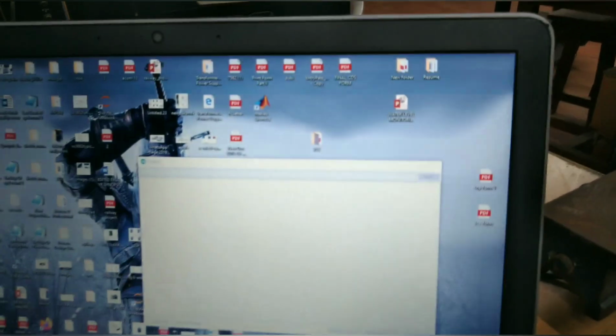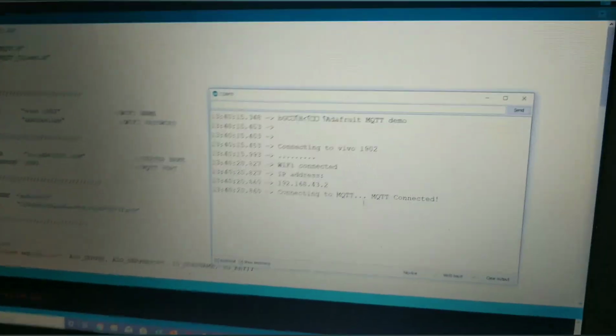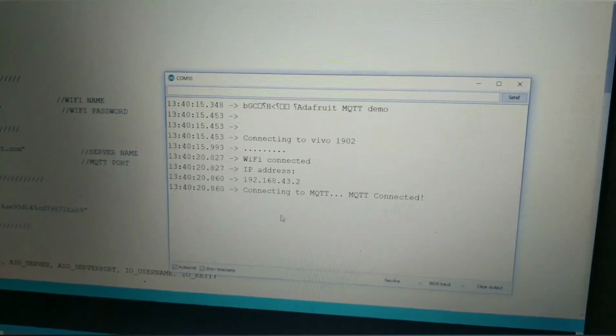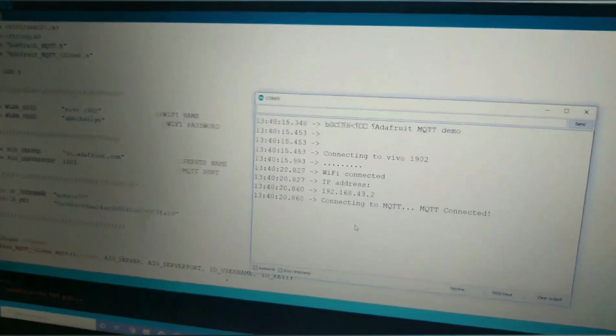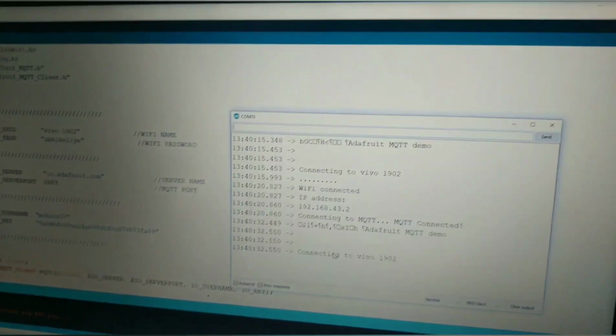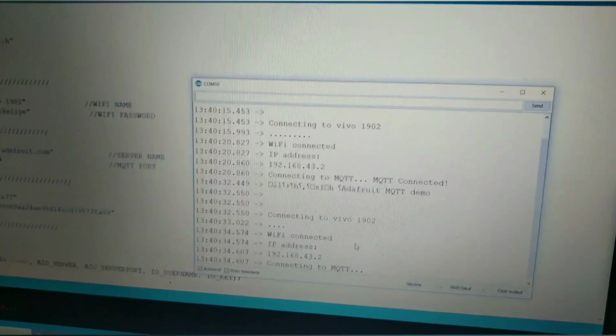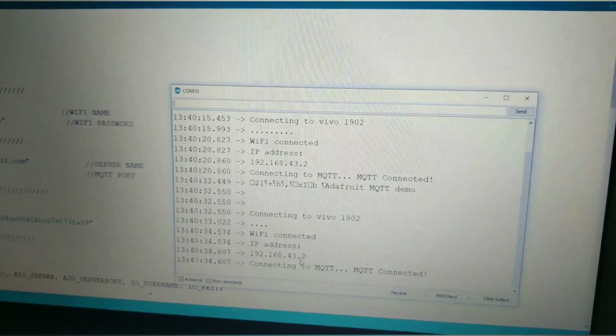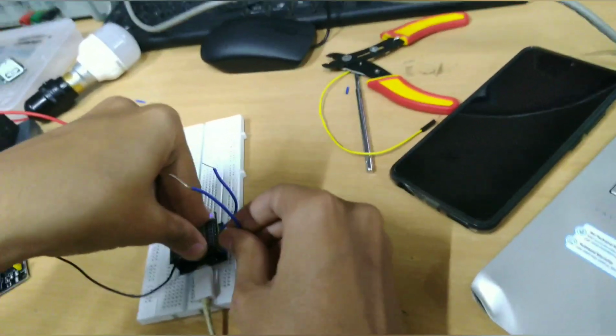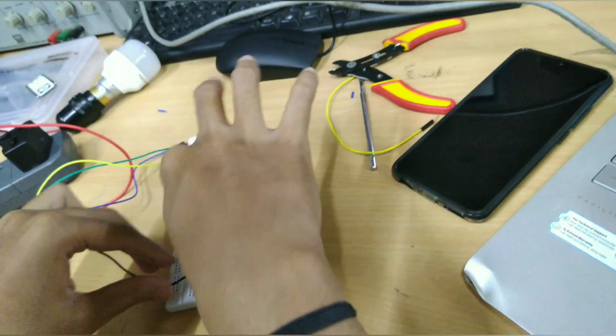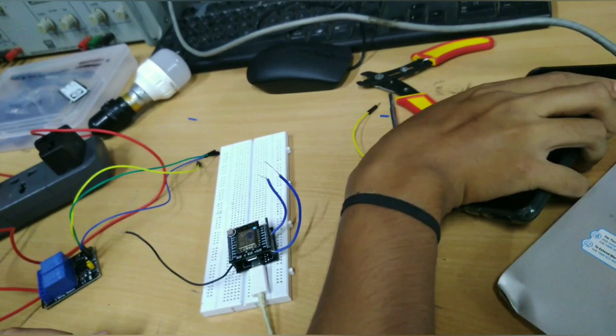When we open the serial monitor, it's already open. We can see in here, I'll reset it one time. We can see it's connecting to the LAN. Yes, it's connected.